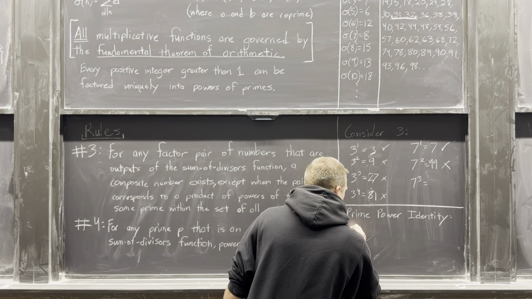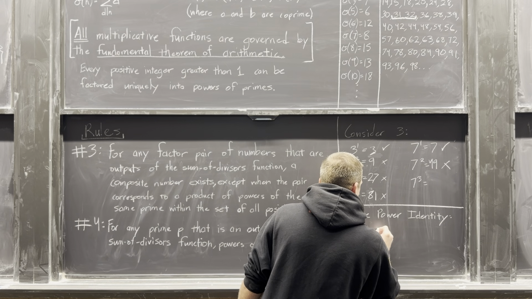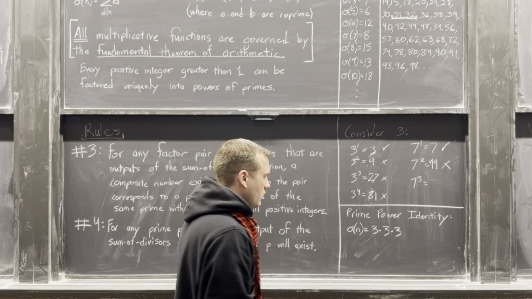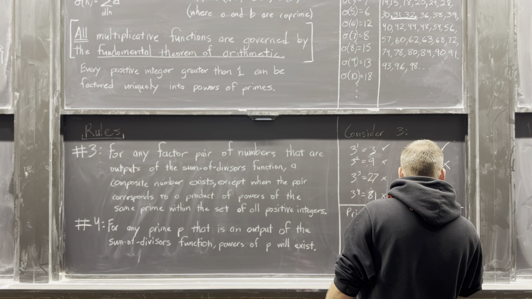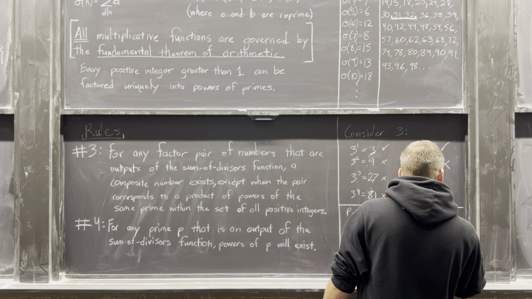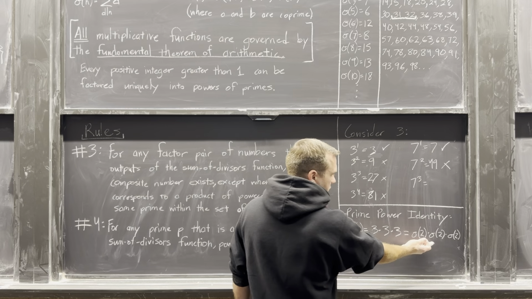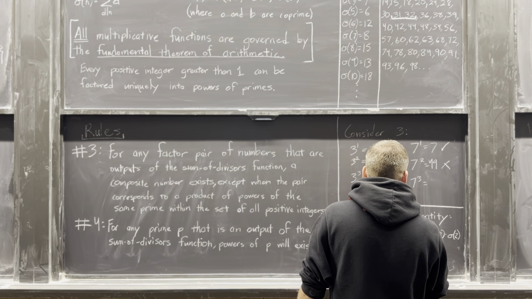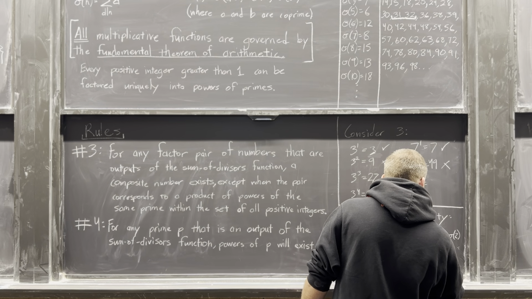Let's do 27. The sigma of n is equal to 3 times 3 times 3. Well, that would have the form sigma of 2 times sigma of 2 times sigma of 2. And of course, this does not follow our rule, which would be 2 times 2 would be sigma of 8. But we know,